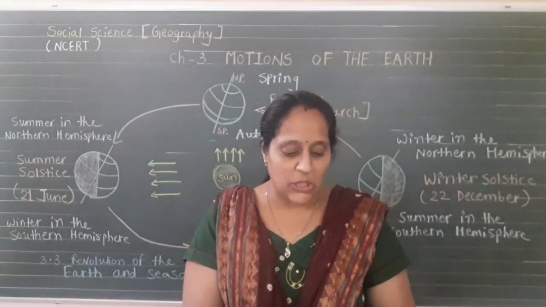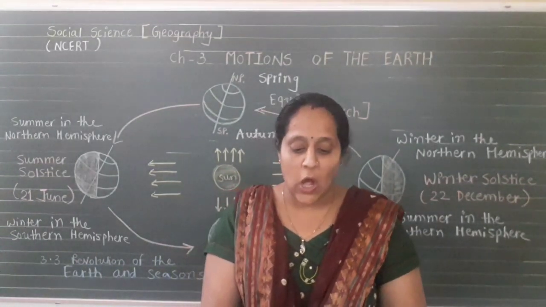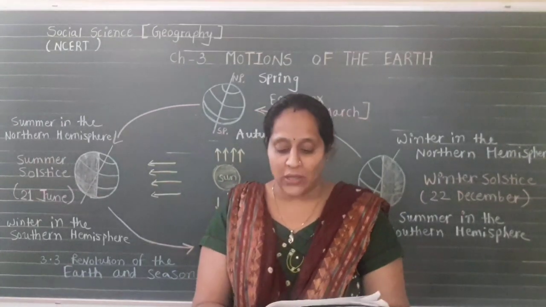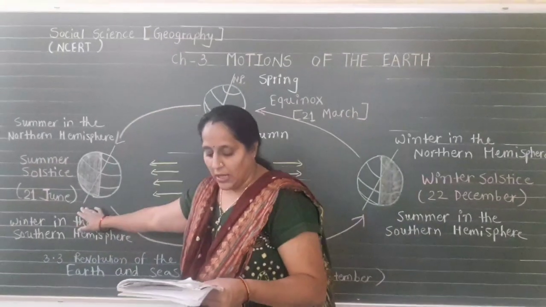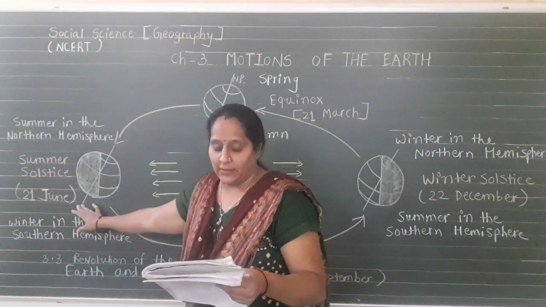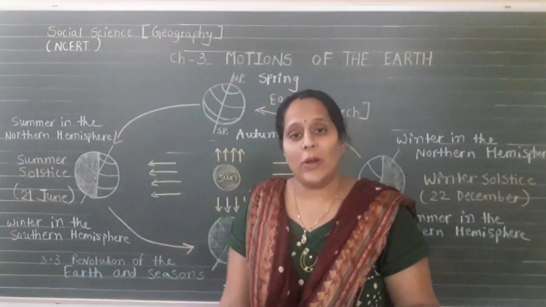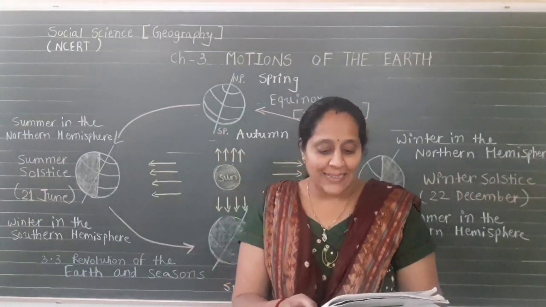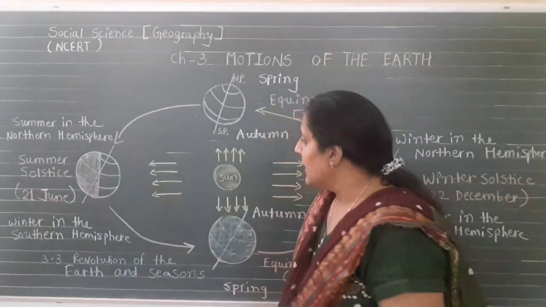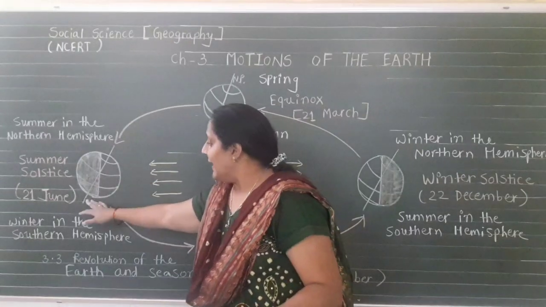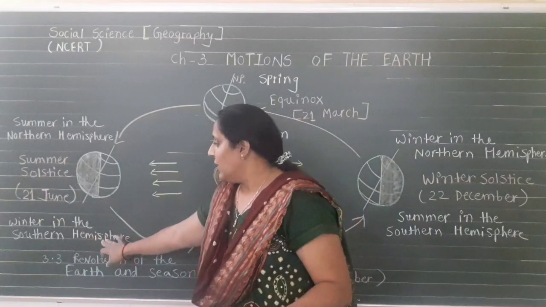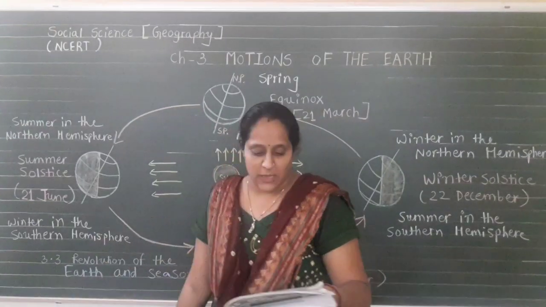So it is the summer in the region in the north of the equator. The longest day and the shortest night at this place occur on 21st of June. So here you experience the longest day of the year and the shortest night at that time on 21st of June. So at this time in the southern hemisphere all the conditions are reversed, because here they get direct sun heat and in the southern portion they can't get sun heat. So that's why they experience winter in the southern hemisphere.